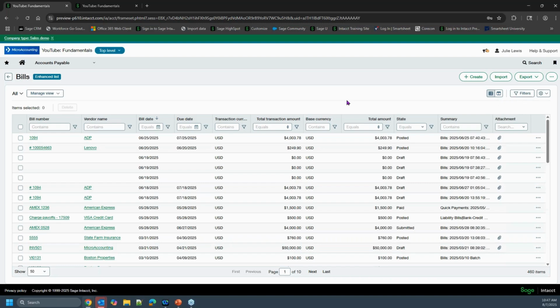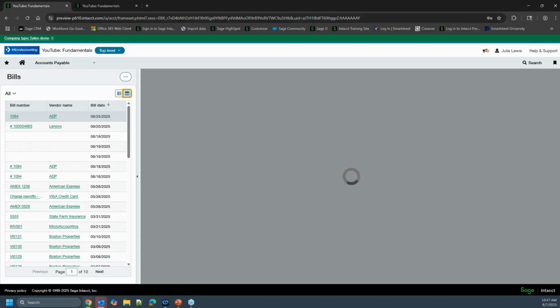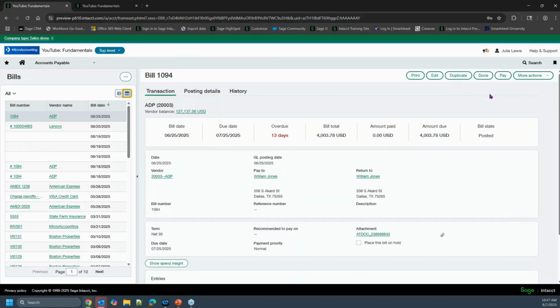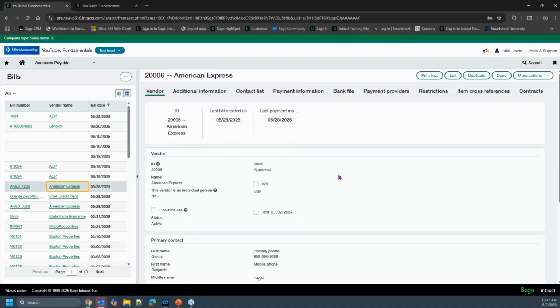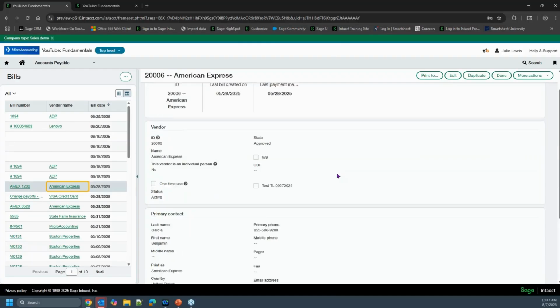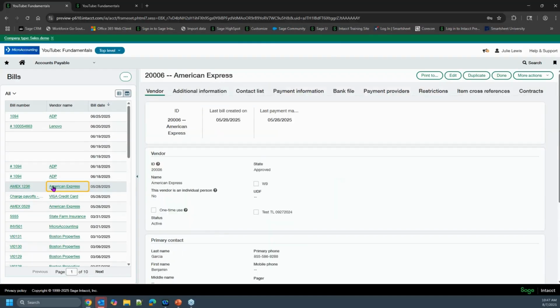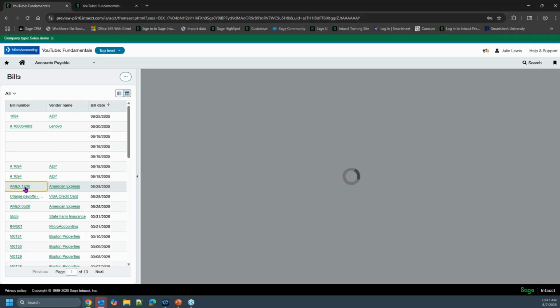Just to show you some buttons, this one right here allows me to have a split view. What that means is, look at that, it's a split view. I can go look at a bill for American Express, and I apologize for the slowness, and I can see the bill right from here. I typed in the vendor.